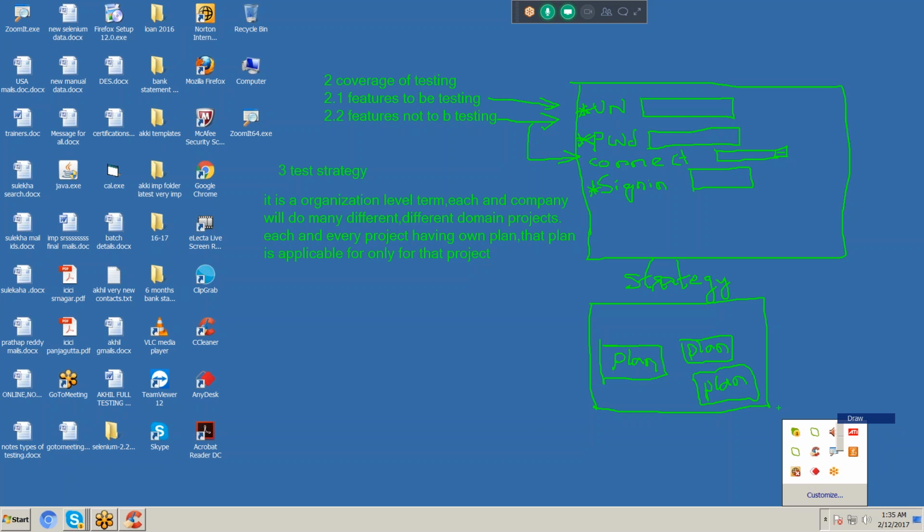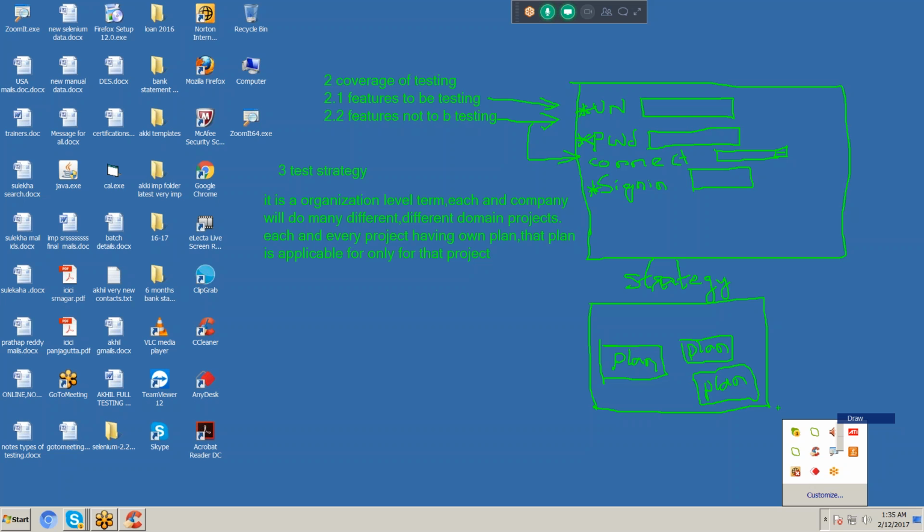Each and every company has its own strategy. Based on the test strategy, each and every test plan should follow. Got it? Yes, got it. Test strategy is an organization level term, and each and every test plan should follow the test strategy.